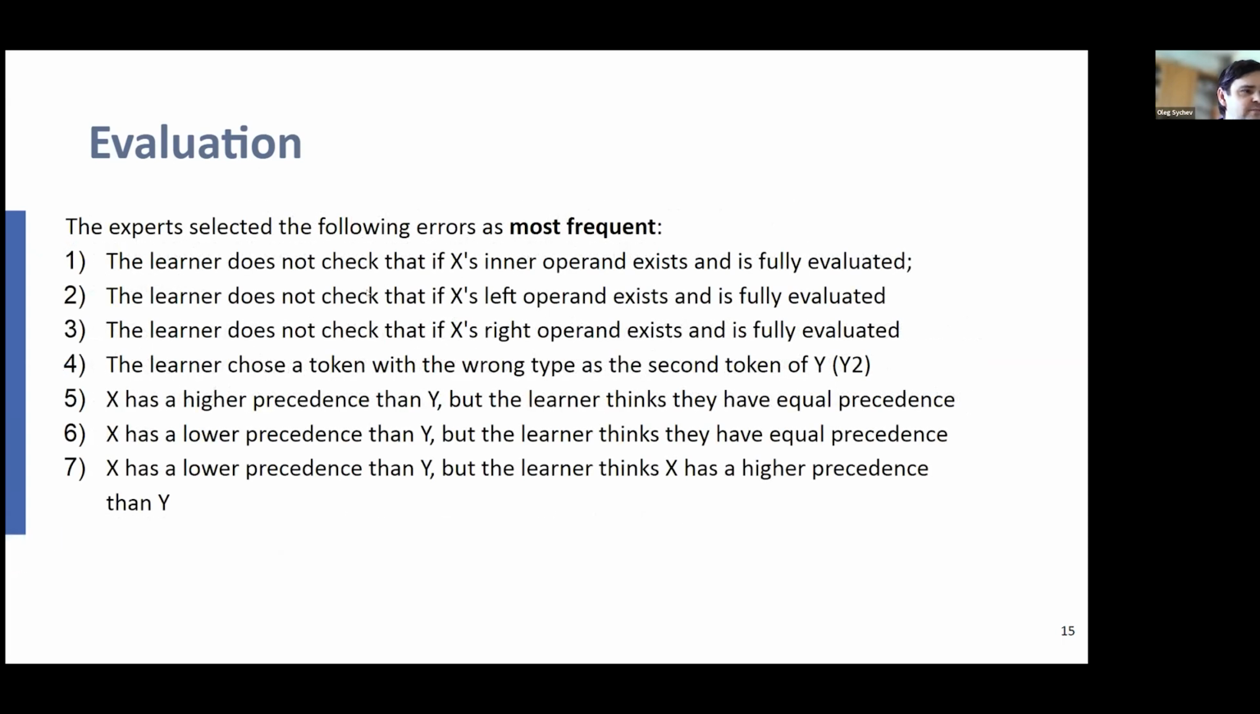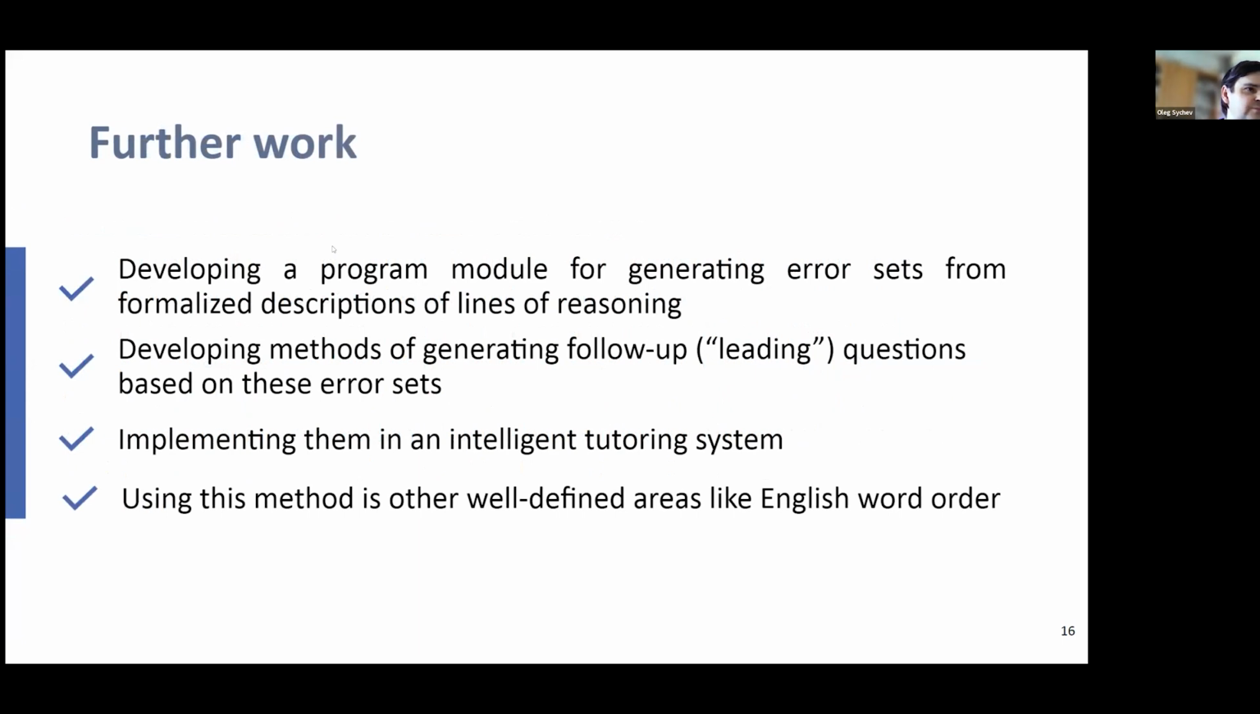The experts also provided their opinion of which errors were most frequent and which can be useful for defining better support in ITS and which errors weren't. So later we are going to formalize these descriptions of lines of reasoning that I showed to you as a graph and develop a program module for generating all those errors. And this really allows us to generate dialogue with the student about their error, so-called leading